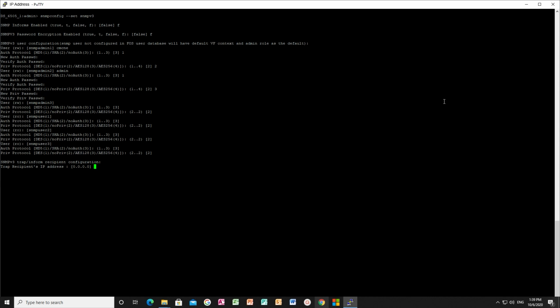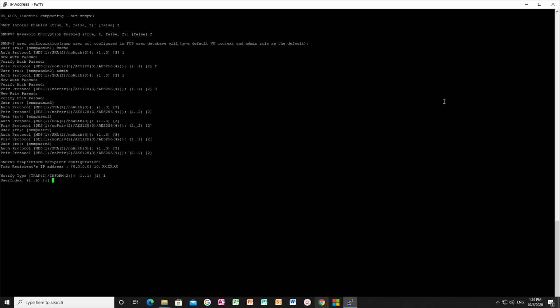In order for an SNMP management station to receive SNMP v3 traps, the administrator must configure a trap recipient value to correspond to the IP address of the management station. Key in the IP address of the management station to which the traps have to be sent. In this example, the IP address of the CMCNE application.